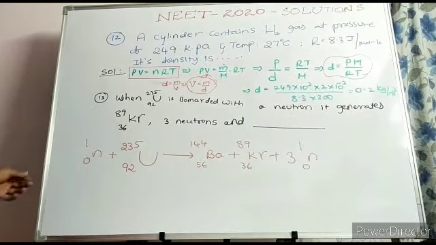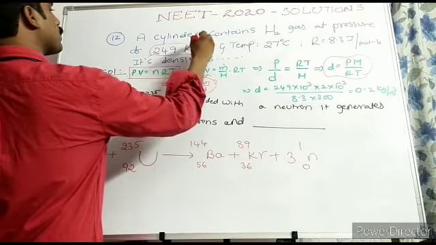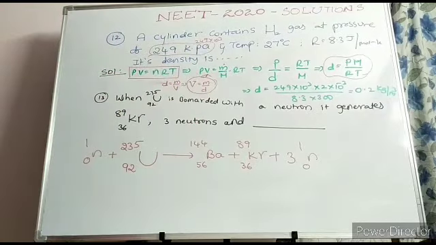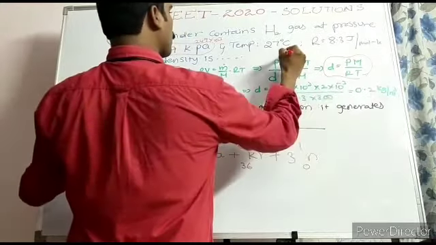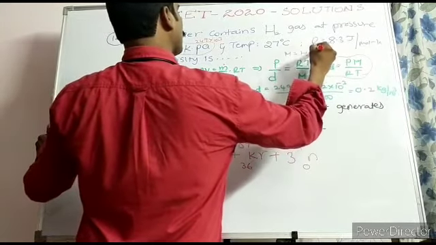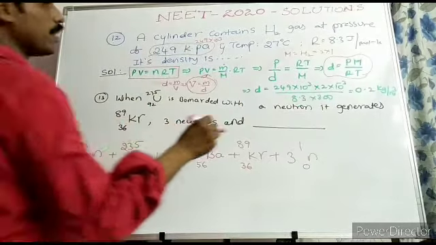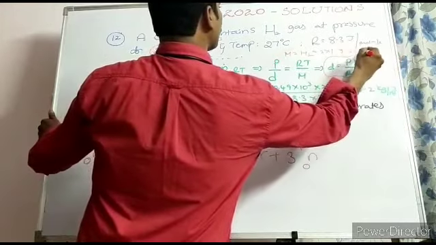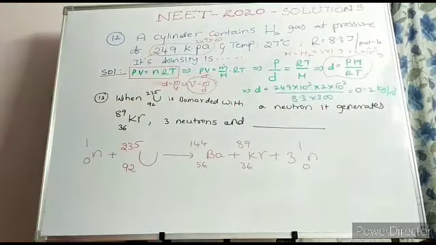We are provided with the pressure P is equal to 249 kilopascal, that is 249 into 10 cube Pascal. As well as molecular weight, we have to take 2 for hydrogen gas. Molecular weight M is equal to, for H2 gas, 2 into 1, as it is diatomic. That is in grams; if converted into kgs, that can be written as 2 into 10 to the power of minus 3 kg. So we will get finally 0.2 kg per meter cube.